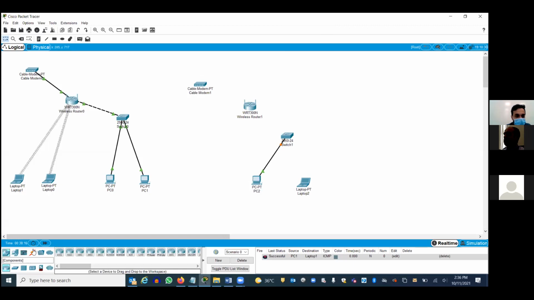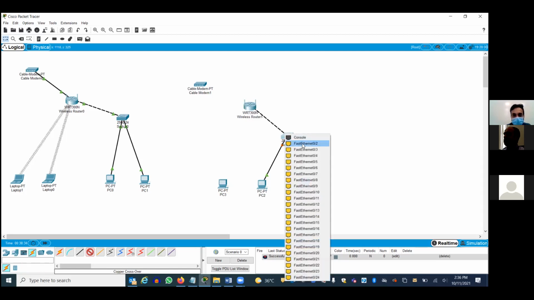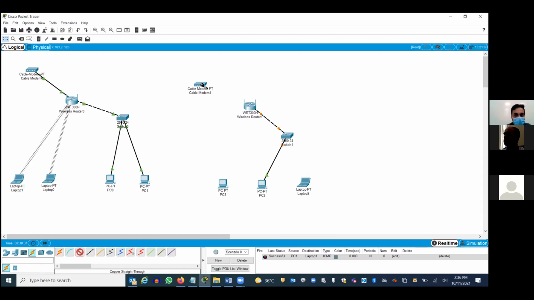For your understanding, I'll add one more PC. I will show you what I'm going to do with it. Let's add one more PC here. Okay. Laptop. Which cable should I use between the switch and this one? Cross or straight? Cross, right? Okay. Between the cable modem, I'll add port 1. Not port 0. Port 1. To where? Internet or Ethernet? Internet. Very good.